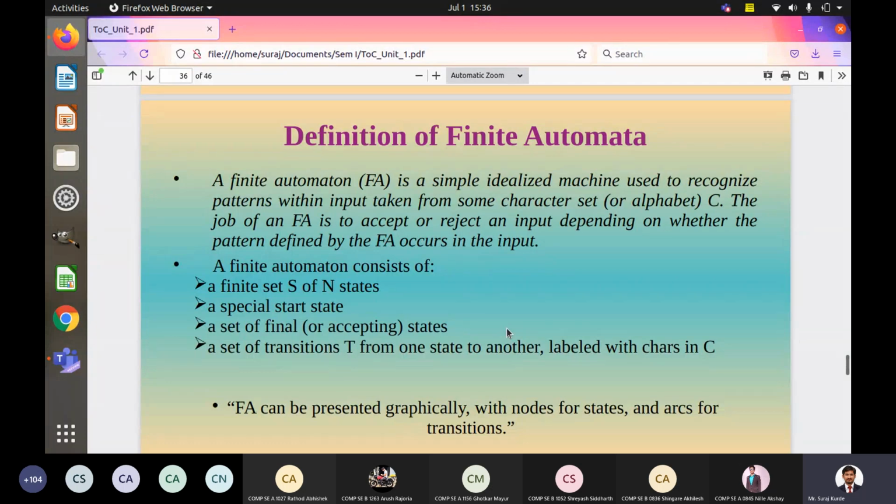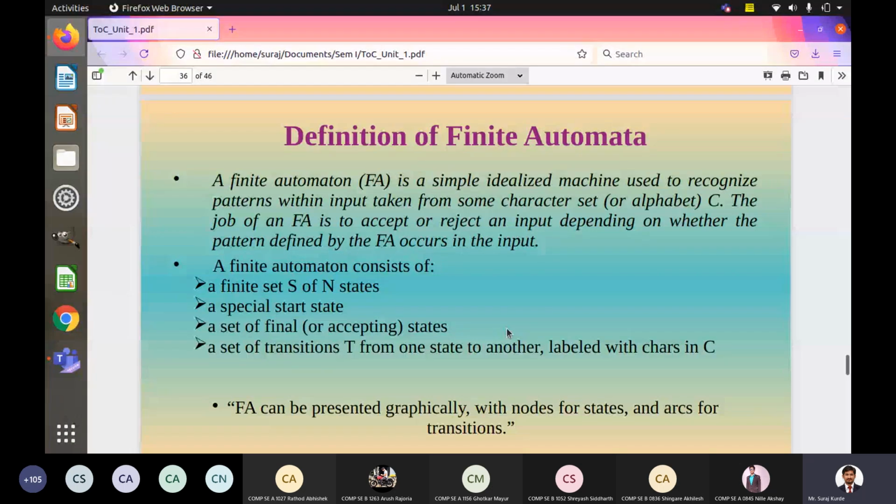Now if a finite automata is there, what will it consist of? It will consist of a finite set of states. There may be n states, which are limited in number, and there is a set of such states. Now what is a state? State 0, state 1, state 2, state 3, state 4. Whatever was written inside the circle, each of that is called a state, and some limited number of states are there, and all those states belong to set S. So S is a finite set of states.